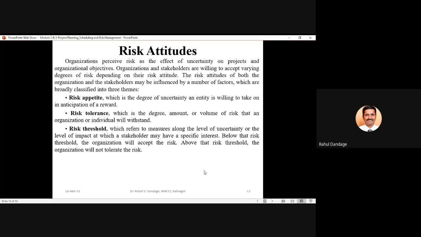And third is the risk threshold. This refers to measures along the level of uncertainty or level of impact at which a stakeholder may have a specific interest. Below that risk threshold, the organization will accept the risk. So there may be a particular value of risk impact or risk occurrence possibility, below which the user or the customer will be ready to accept the risk.